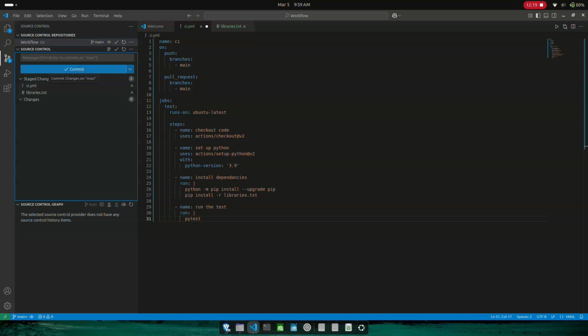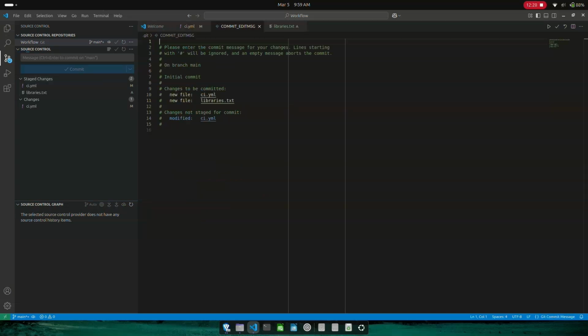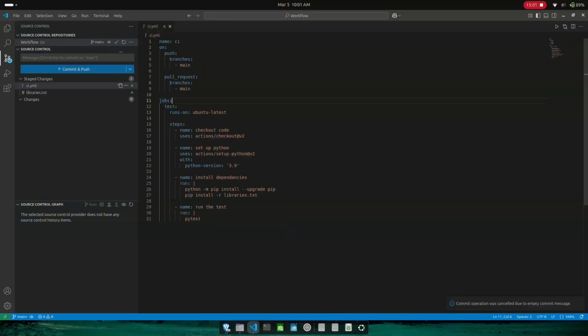Okay, then we'll click on commit. We'll first save the YML file, then we'll click on commit. We'll have to type here, let's type a message for committing. Let's just simply write commit. You'll have to write it within quotes.